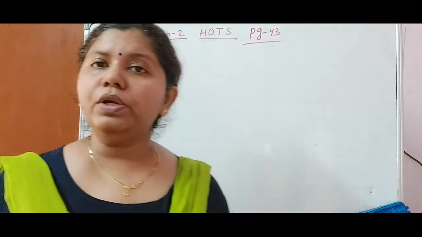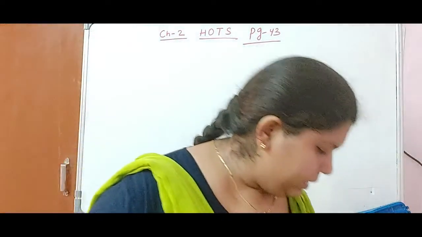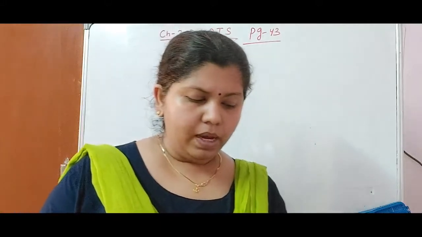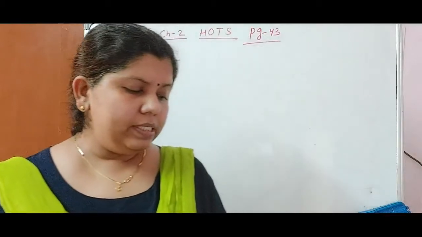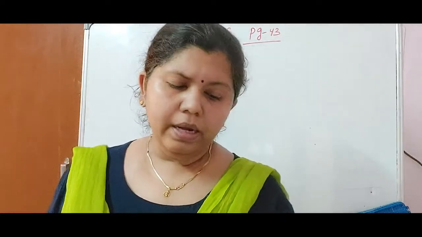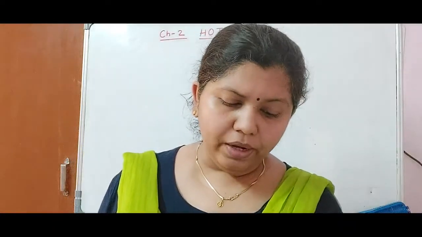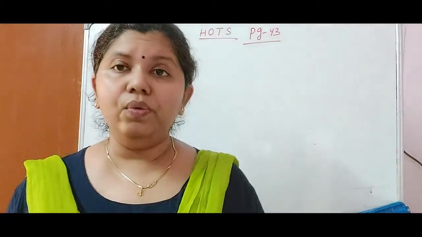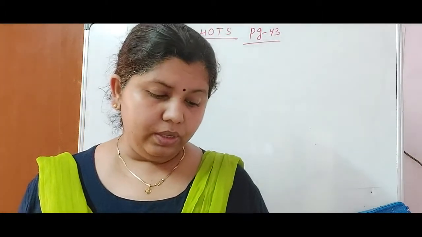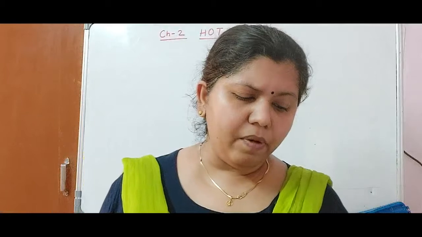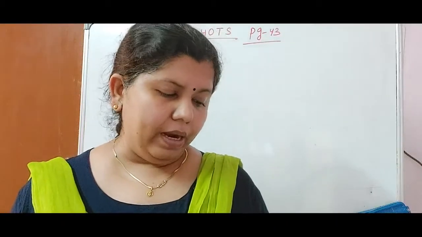Now let us do question number 2 from HOTS. The question is telling, over the course of 35 years working in a company, Ms. Bhanu contributed rupees 26,40,000 towards PF and her employer contributed rupees 8 lakh. Her amount grew to rupees 1 crore at the time of retirement. Find the sum of contribution of Ms. Bhanu and her employer. And also find out the difference of her amount at the time of retirement and the sum of contributions obtained in A part.